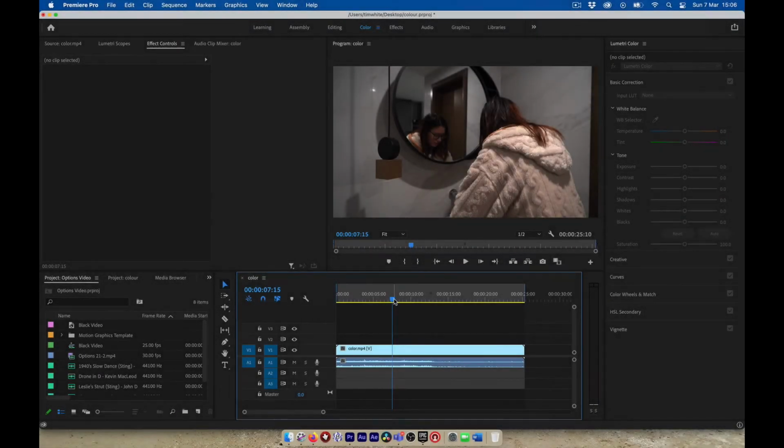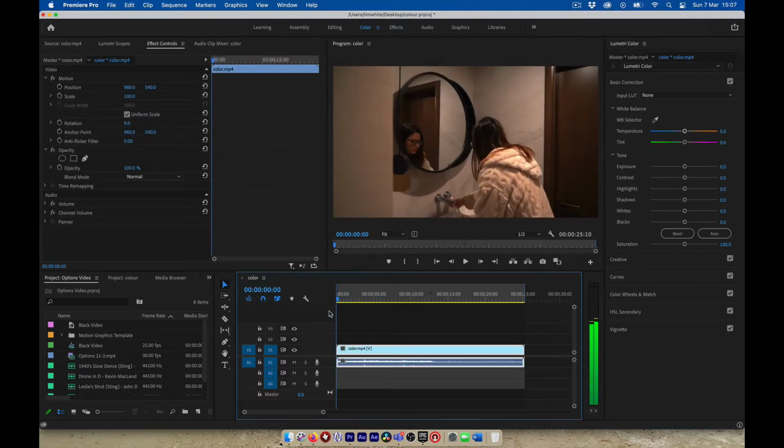Here is a short video on dealing with color changes that occur within a shot itself. So this is not matching one shot to another, but trying to address a shifting color within one particular shot. I've been sent this clip all the way from China, and if I just scrub through it, you'll see